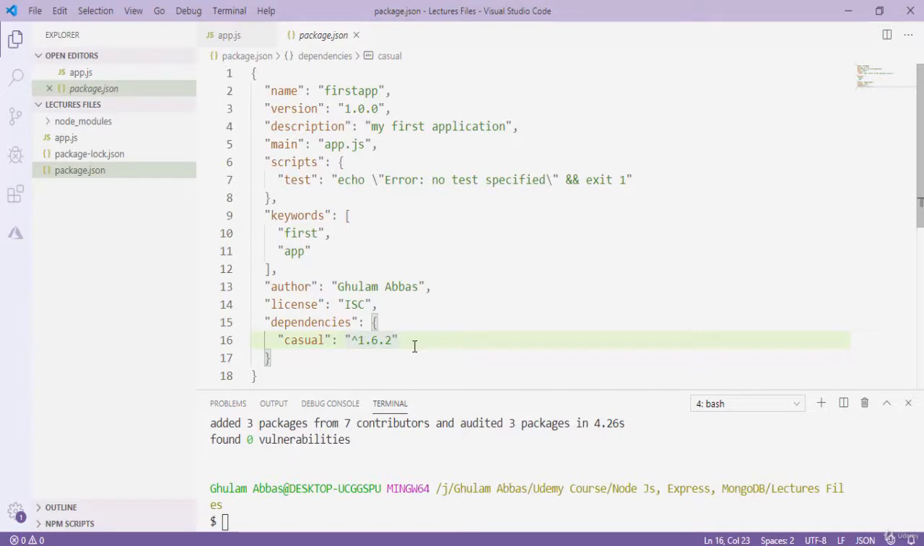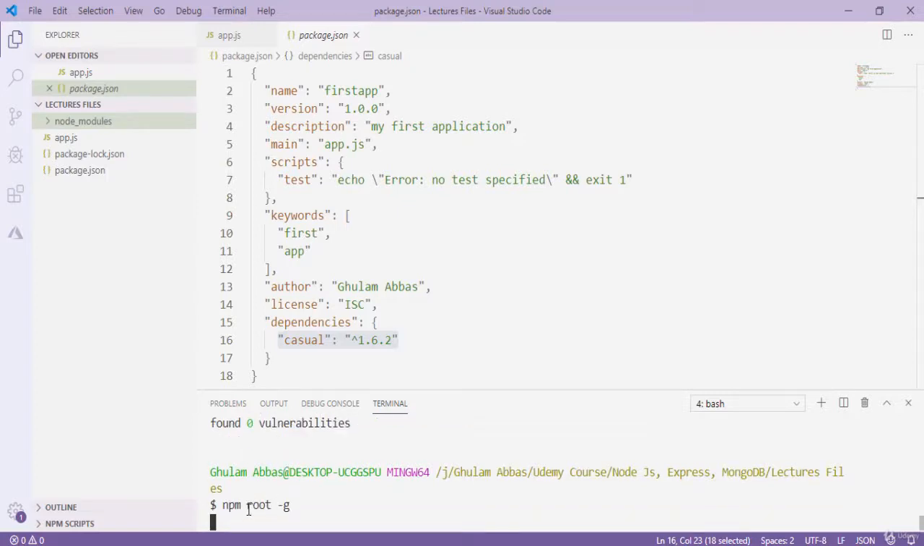Now going back to our nodemon module, you may have a question: why don't we have nodemon here? And why don't we have a nodemon folder or package here? So as I told you before, we have installed nodemon globally. Okay, so it is stored in the root folder of npm. If you type here npm root -g and press enter,